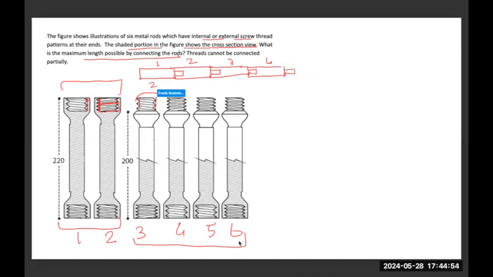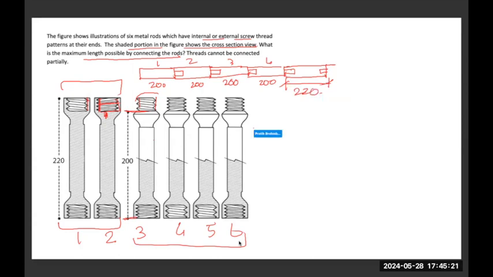This is 200, 200, 200, 200. ये total dimension 200 है यहाँ से यहाँ तक. That's why. Then I can still use one metal rod with internal connector. So I'll use one of these, say number 2. So I will use that here. This dimension is